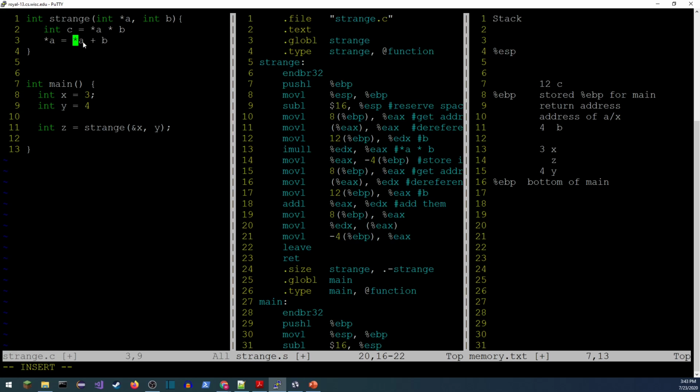So this star A plus B was stored in D. I just dereferenced right there. That much is dereferencing A, and I'm storing EDX back in it. So let's see, that was 3 plus 4 should be 7, stored back in A. Dereferenced A, that's also the same as X. So this is now going to be 7.